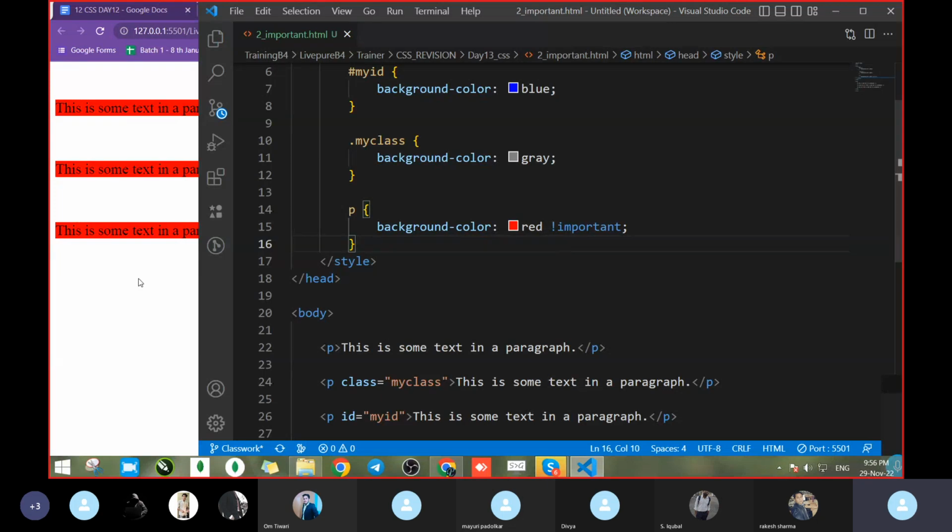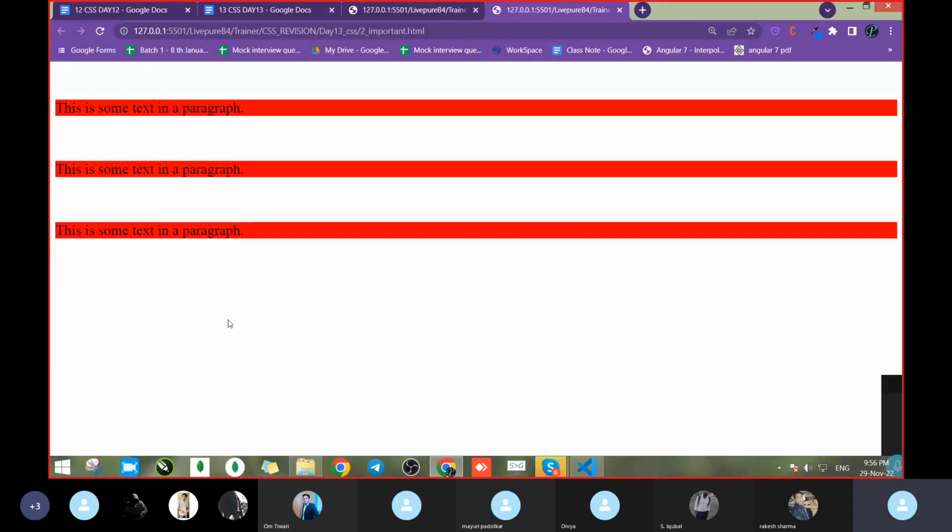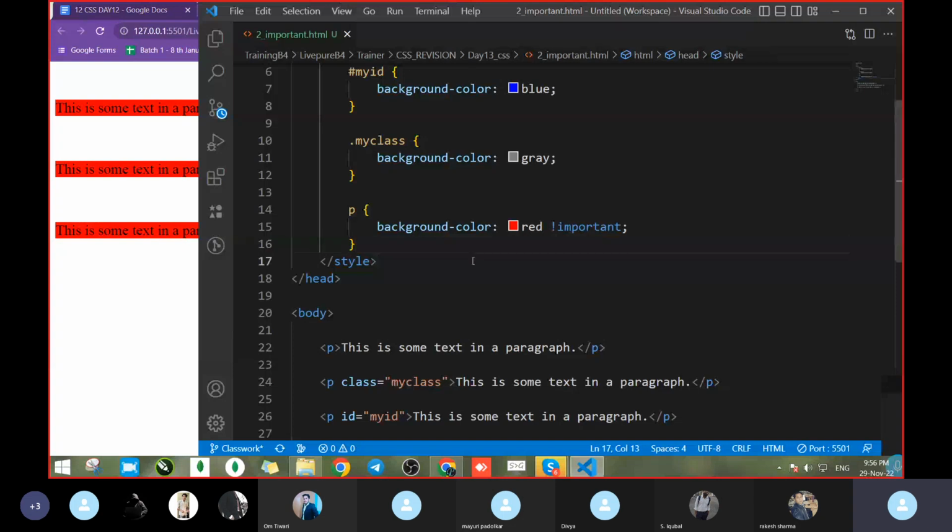What happened? All became red. It means wherever it is required that this point, that CSS, is more important, you have to add this important there. Clear? Wherever, like color or text color, any CSS. So when you move to CSS, when you are already working on a project, if you look over that CSS, you will see this important part will be there,